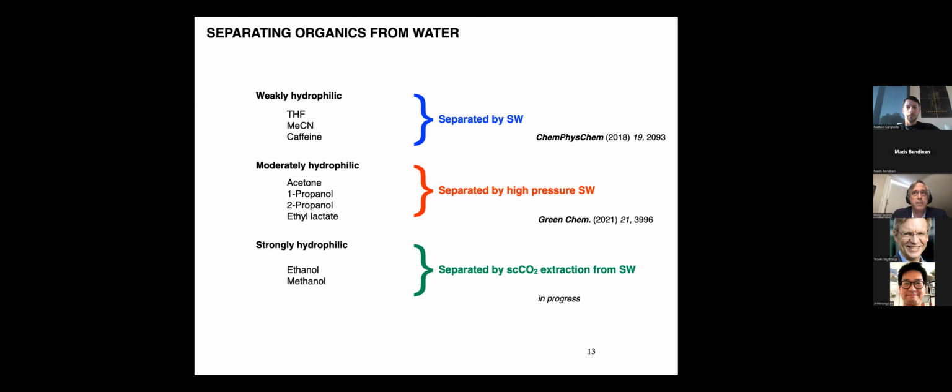We tried the high pressure CO2 for the switchable water and it didn't work. So what we're doing now is we're using supercritical CO2 to extract the ethanol from the switchable water. And that's working really well. That's in progress right now. The paper's not ready yet, but we're hoping to get that in relatively soon. So that's looking really promising. We haven't got the full LCA done yet, so we can't tell you for sure that the energy cost is lower, but it's looking promising.